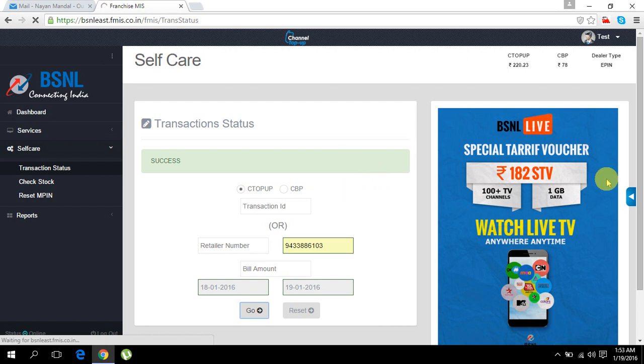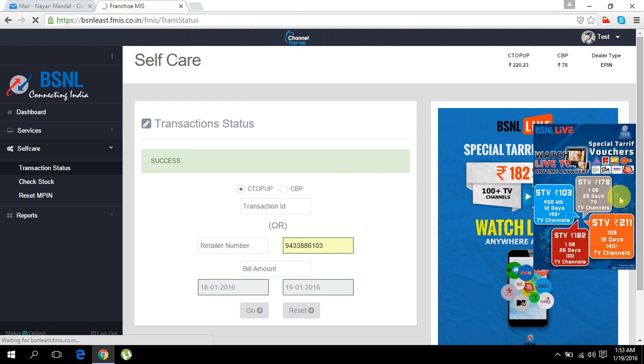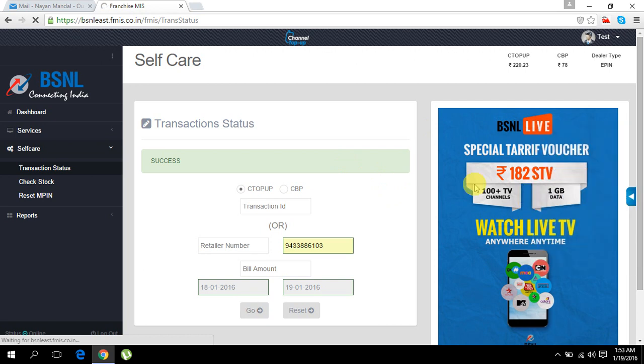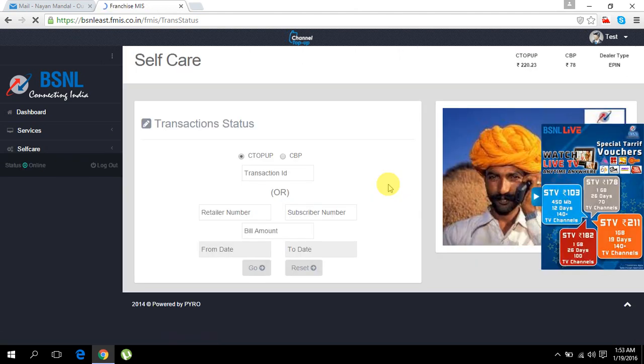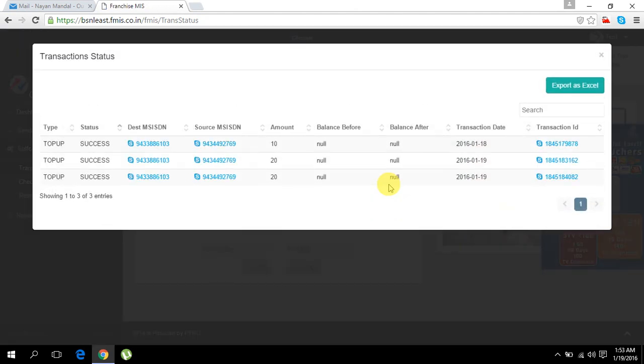One thing I found is that everything is given in a very proper and nice way. Everything is coming over here: how many transactions have been carried out, whether they were successful or not, what the amounts are. There are three, and we can even export it to Excel as well. So it is good, very handy. Everything is coming with the transaction IDs as well. Very nice, very good.